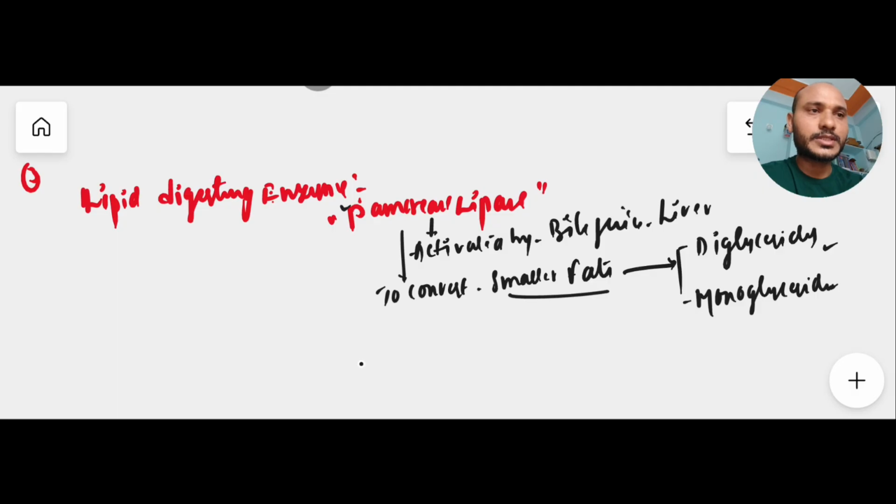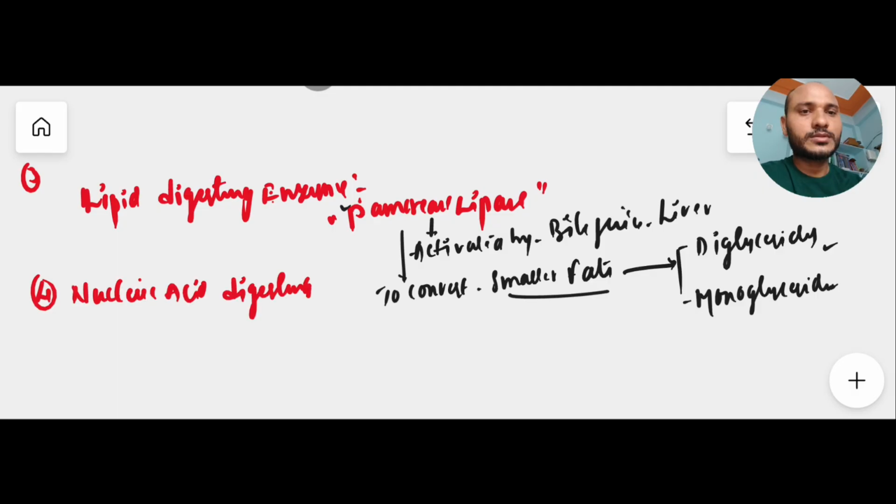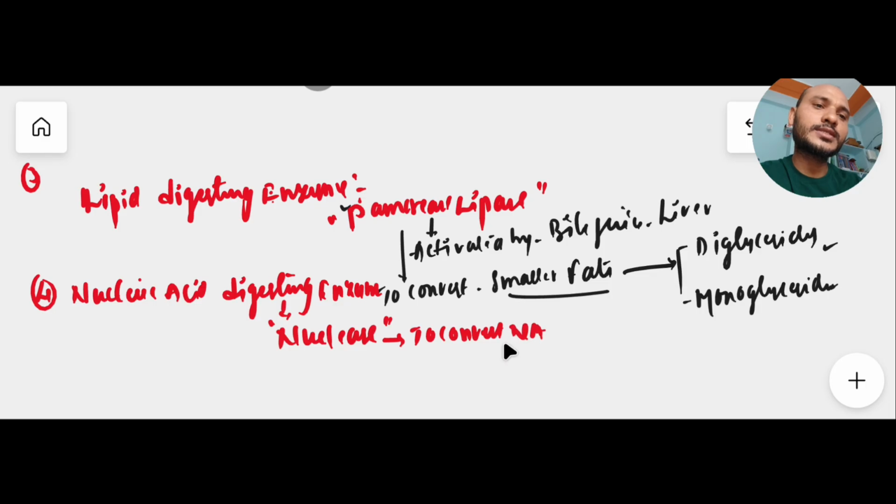This enzyme is present in pancreatic juice. Nucleic acid digesting enzymes. So here the nucleic acid digesting enzyme is called nuclease. The enzyme name is nuclease. So this nuclease enzyme's major role is to convert nucleic acids. The nucleic acids are DNA and RNA. So the conversion of nucleic acid into nucleotide happens only in the presence of